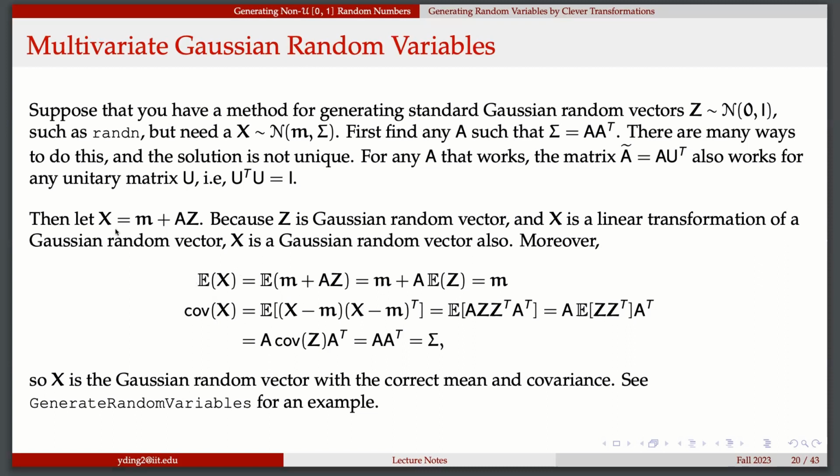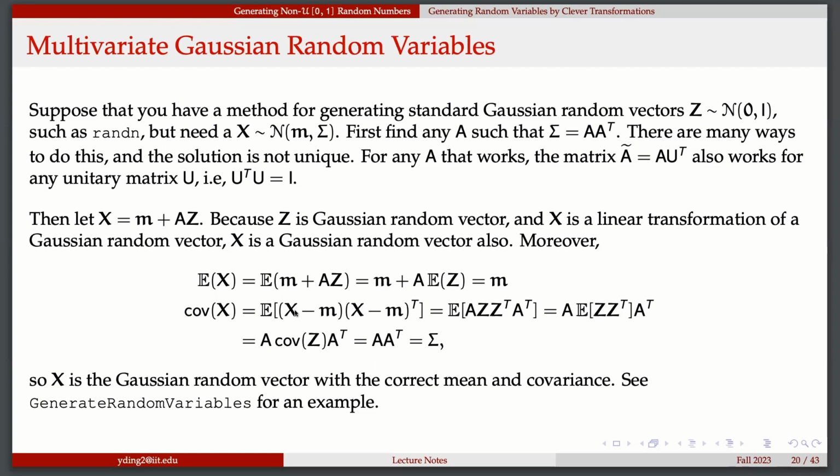So we take the expectation of X. This is easy. M is a constant, take it out. Then A times the expectation of Z, that's the matrix. What is the mean of Z? It's 1, right? Oh, it's 0, sorry. This is the standard normal, so the mean is the zero vector. So this part is gone. And then for the covariance, X minus M, this is your mean, times X minus M transpose. This is the covariance, but actually this is a variance, right?